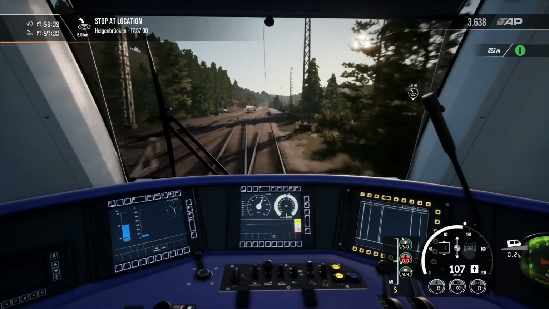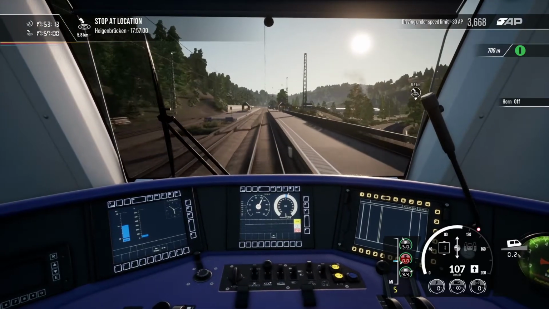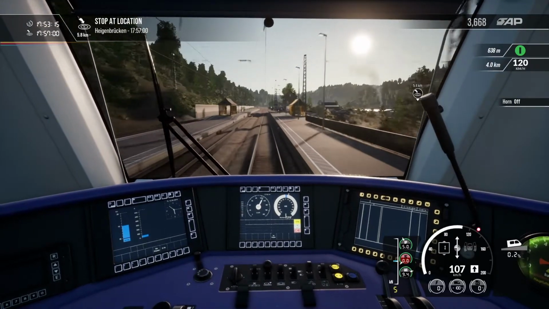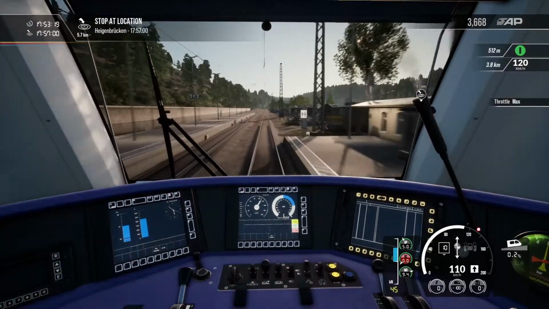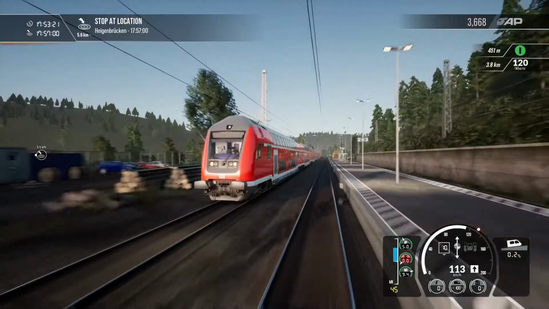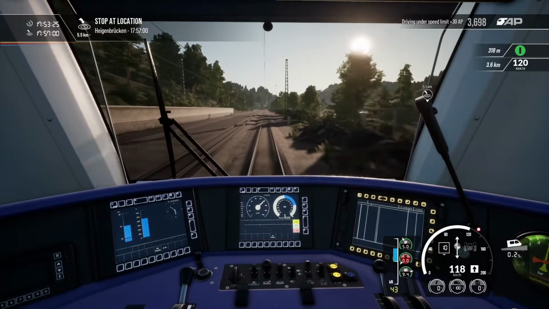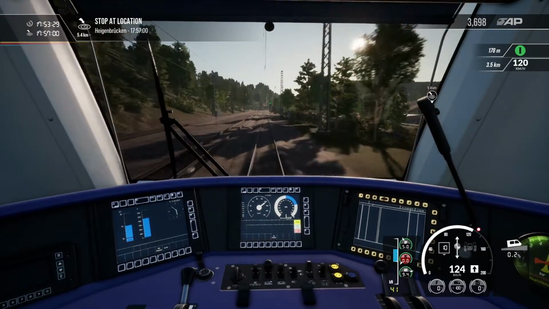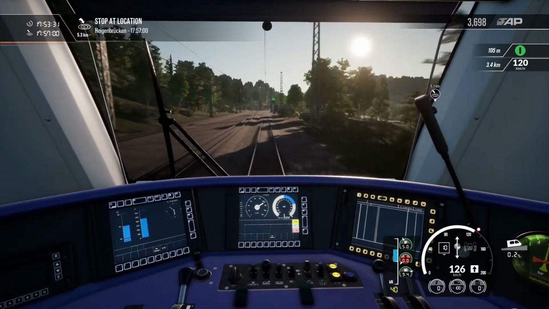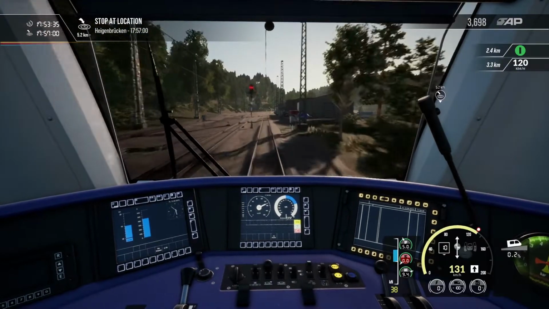Oh, another station here. Oh, that's an interesting horn, isn't it? Bit loud. I'd like to think that they wouldn't be that loud in the cab. And then they've used the same sounds for the outside. A lot of the, you see, maybe it's because it's a Train Sim World port,